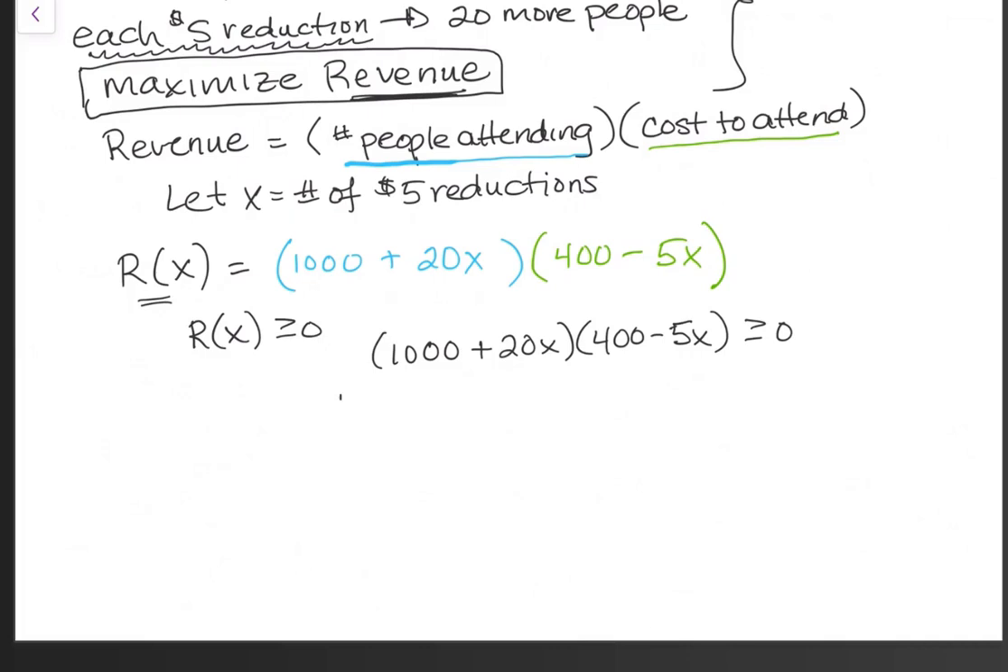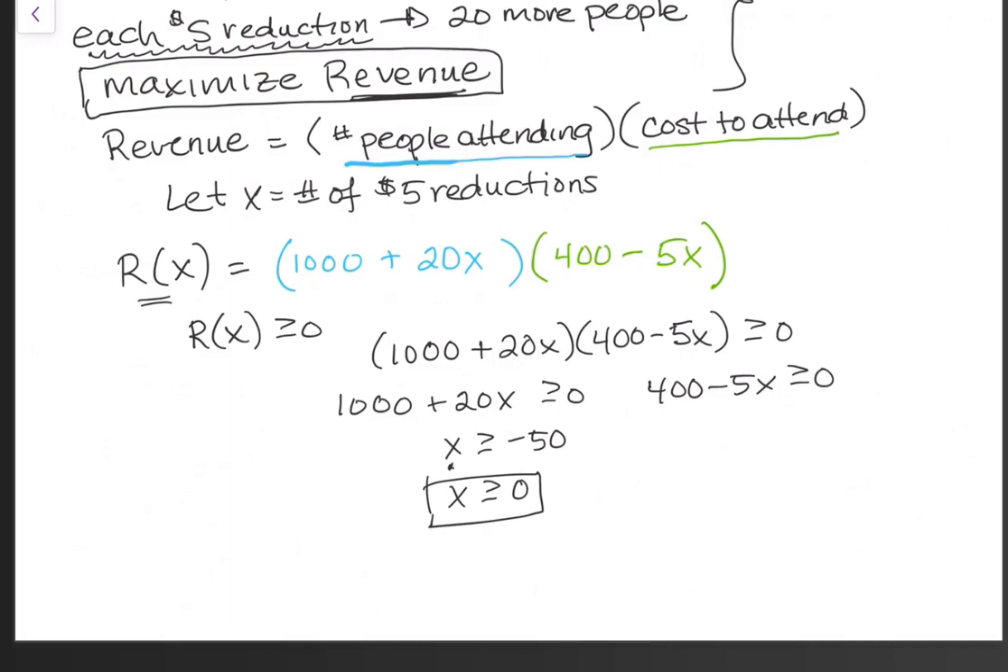So this is already in factored form, so I can split these factors and solve each one of them for my limits on X. If I solve this, I subtract the 1,000 and divide by 20, I get X is greater than or equal to -50. And now think about what X is. X is a number of reductions. We can't have a negative number of reductions. So not only does it have to be bigger than -50, we can actually pull that up and say X has to be greater than or equal to 0,